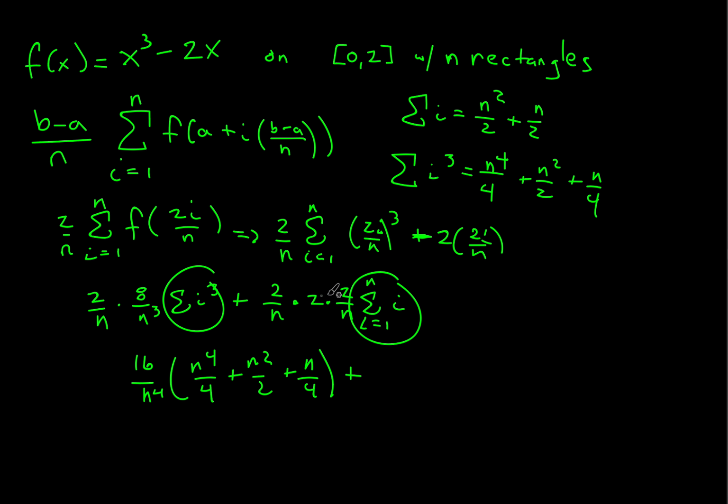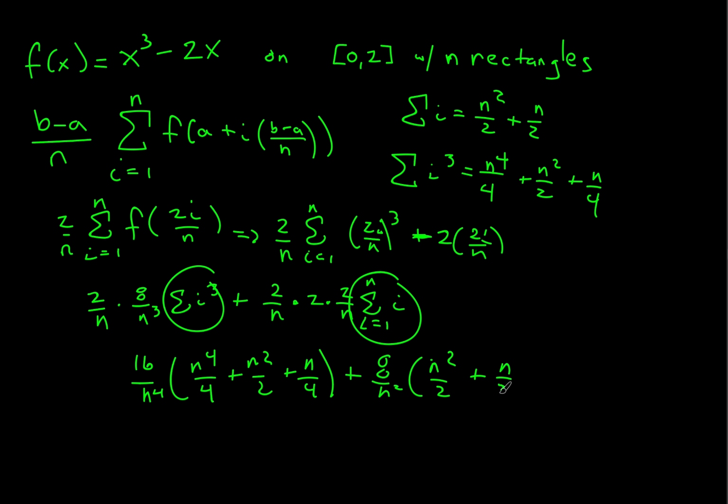Plus 2 times 2 times 2 is 8 over n squared times, and now the sum of i, here we go, n squared over 2